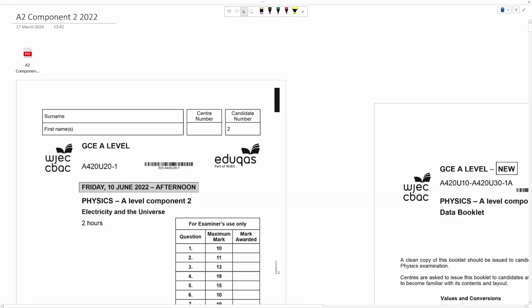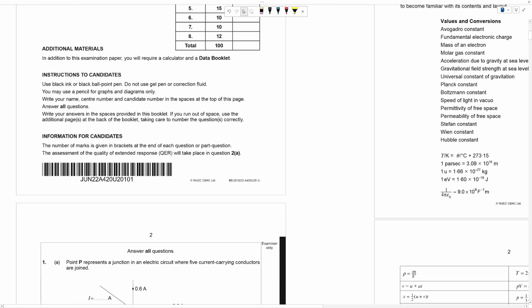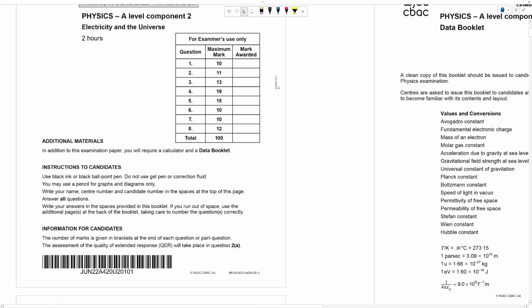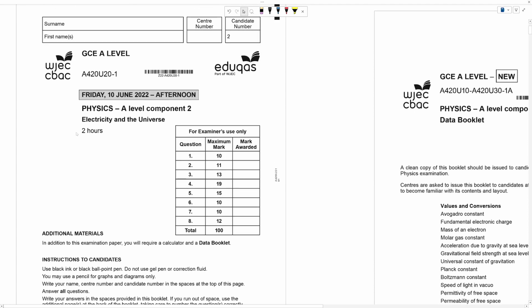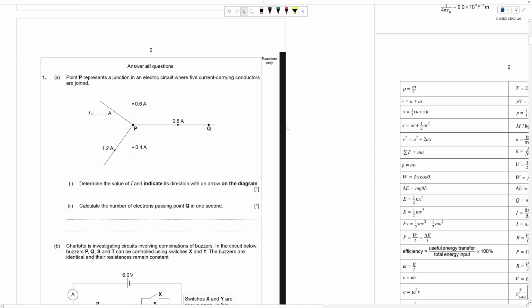All right, Eduqas A-Level Component 2 from 2022. I'm going to take you through this question by question and try and explain as clearly as I can the process in each of these questions. So I'll probably go a little bit slower than if I were just doing the paper, and the total may take a little bit more than 2 hours, but I will try my best to make the rationale clear as I go. So question 1,